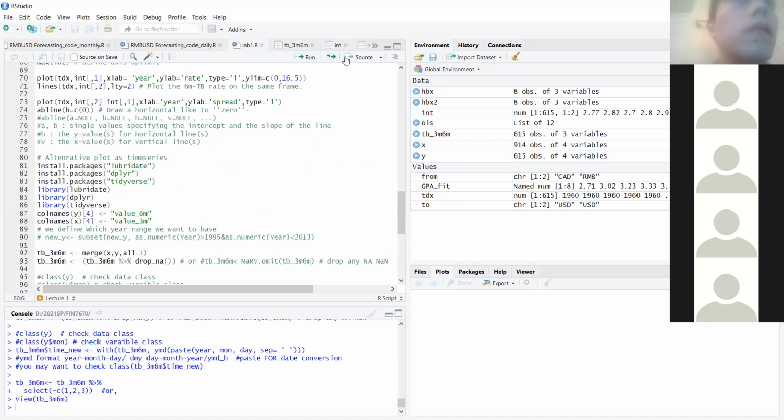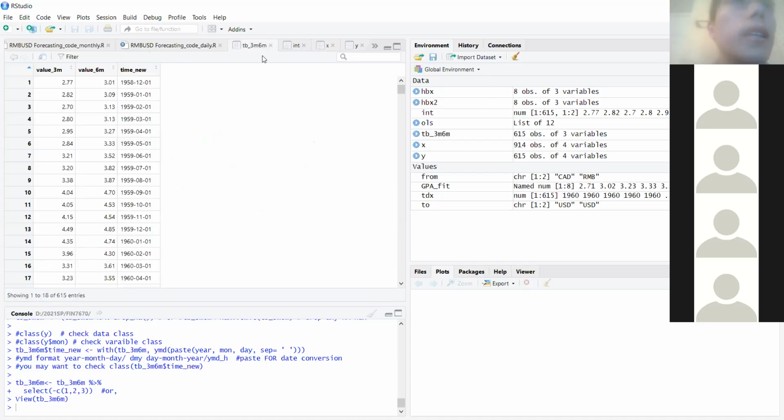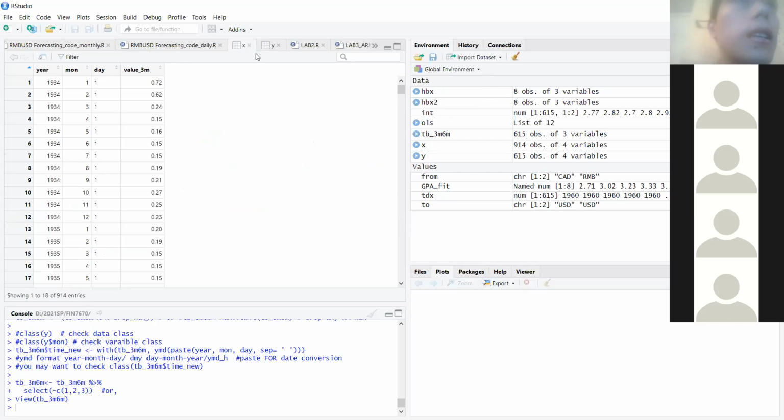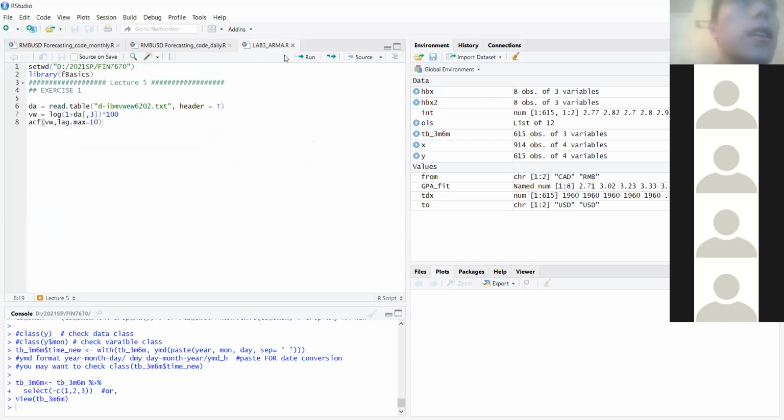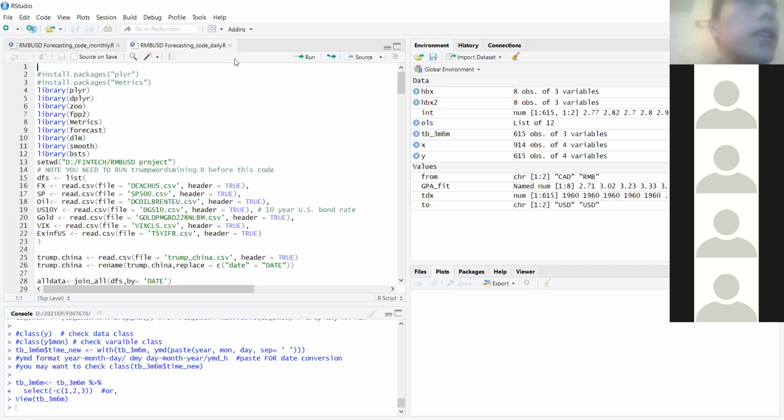And so, I just want to delete that. This is useless, lab 2 useless, lab 3 is again not useful. Okay, so